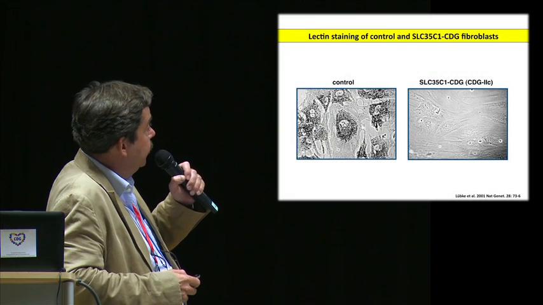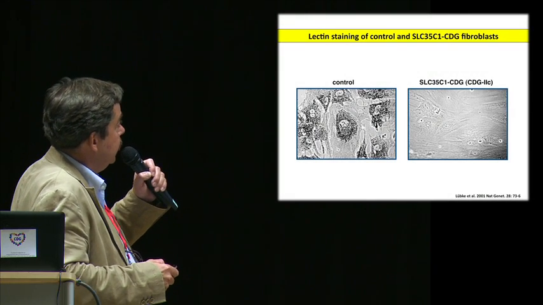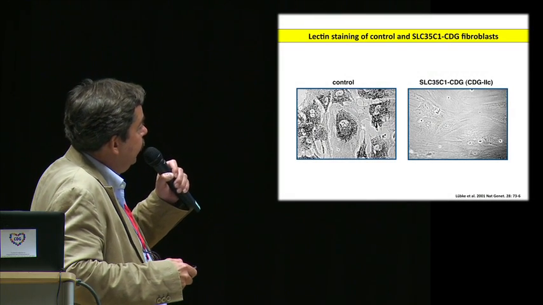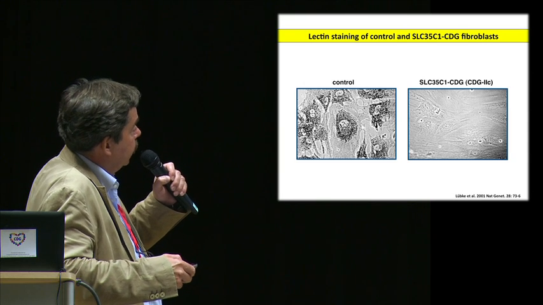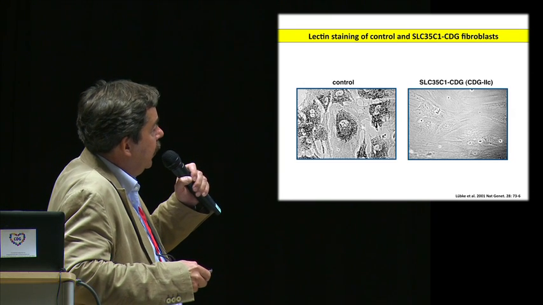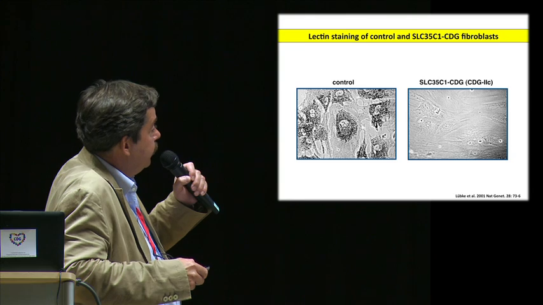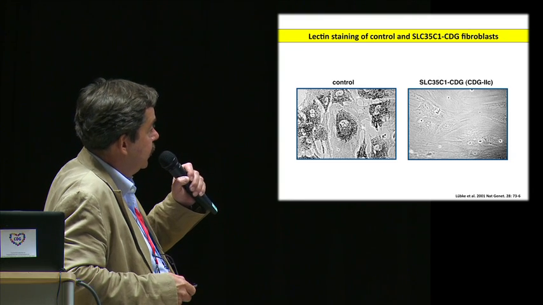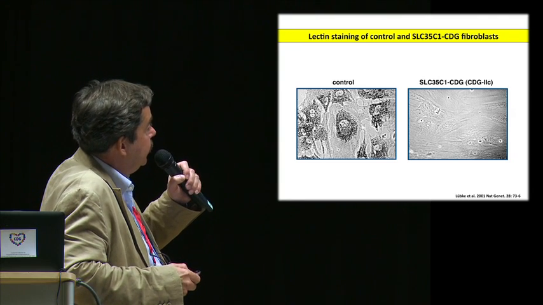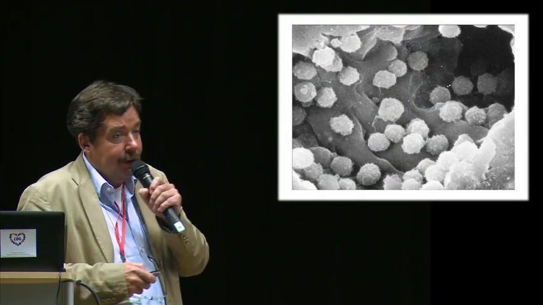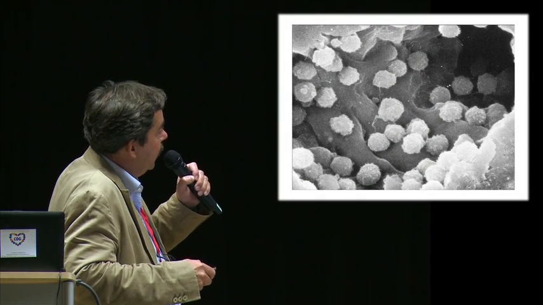As we found in our lab, we can find a complete loss of fucose binding in patient cells. And by this way, perhaps to give you an overview of what happens there, these are leukocytes rolling,